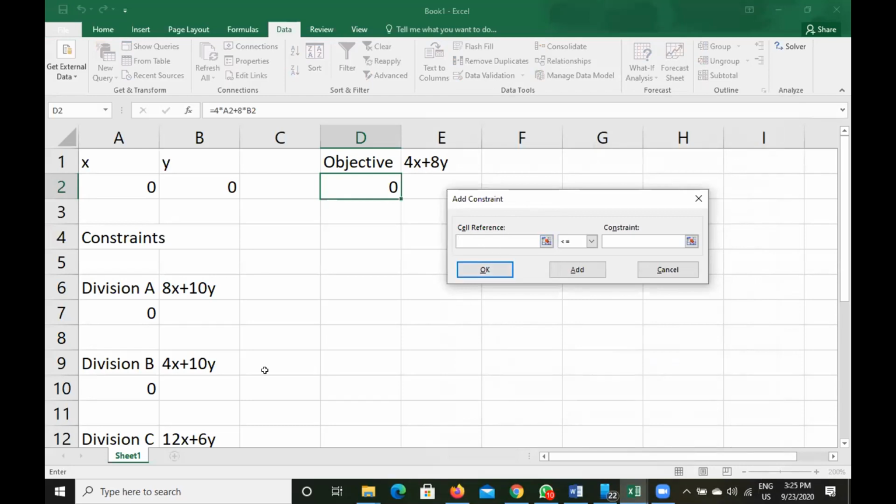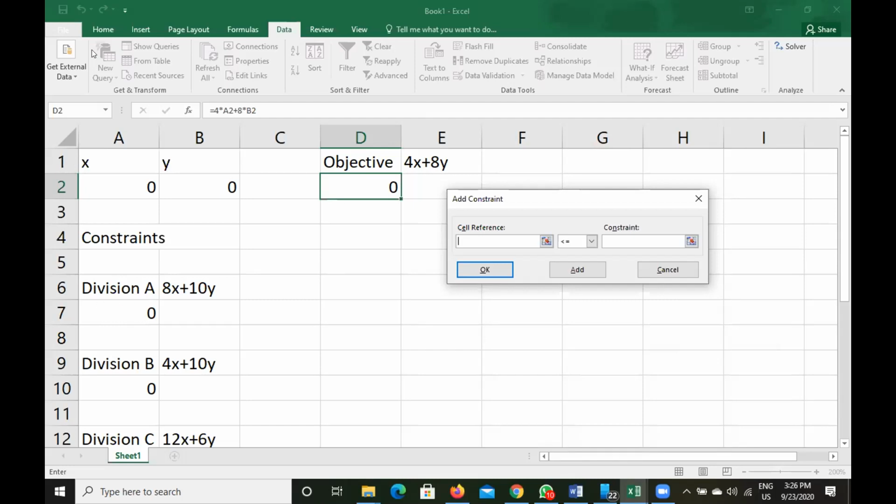Now we will click on the cell where we have written the formula for the first constraint. By default, the cursor is in the cell reference box. When the cursor is in the cell reference box, we will click on the cell which contains the formula of the first constraint.